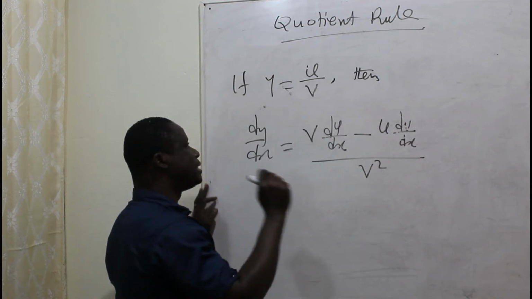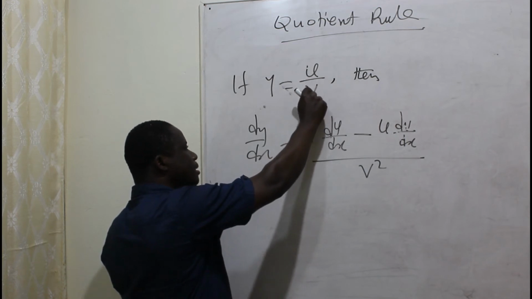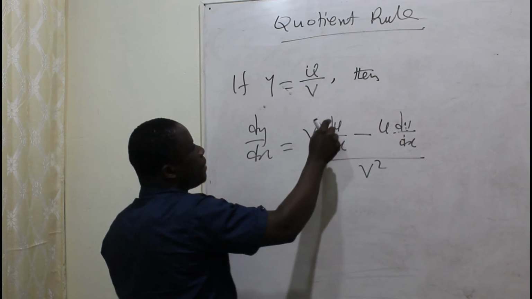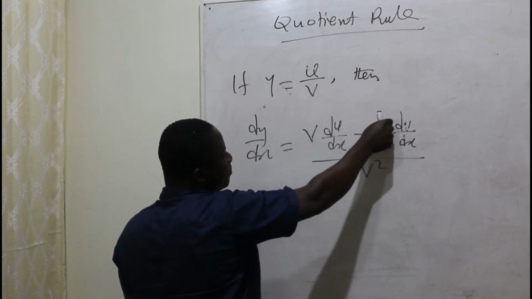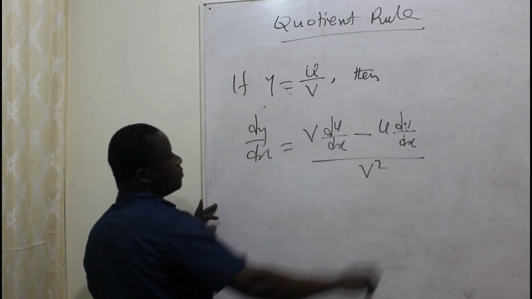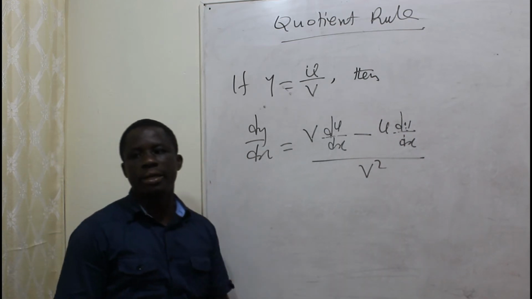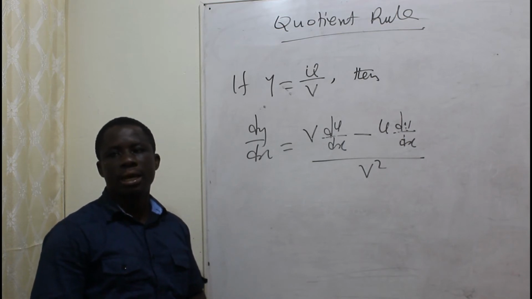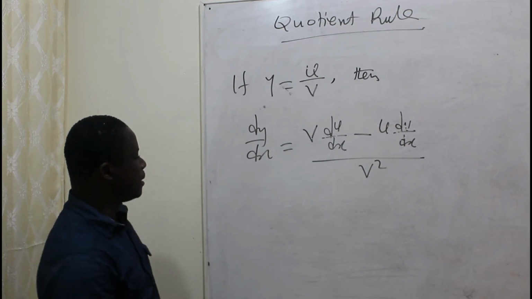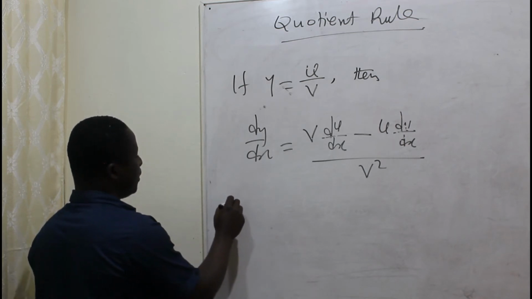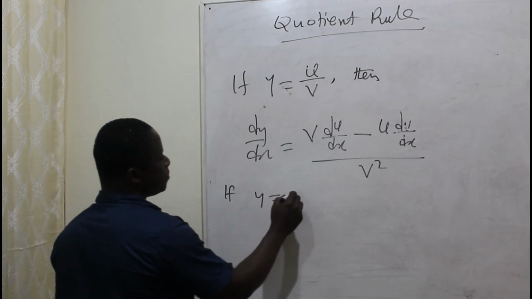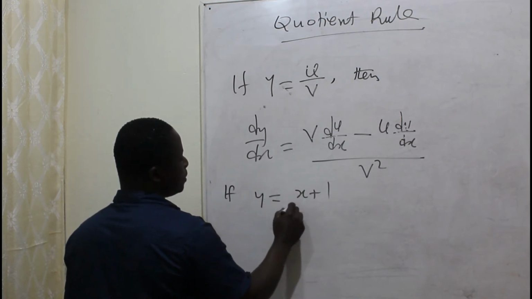So you always maintain the denominator first, then you differentiate the numerator, followed by you maintain the numerator, then you differentiate the denominator, then you square the denominator. That is the quotient rule. For example, if I have a function like y equals x plus 1 divided by